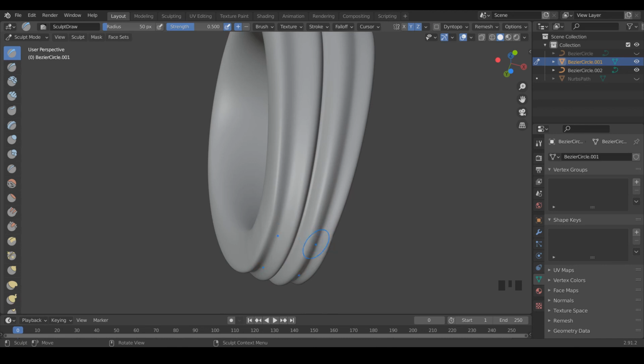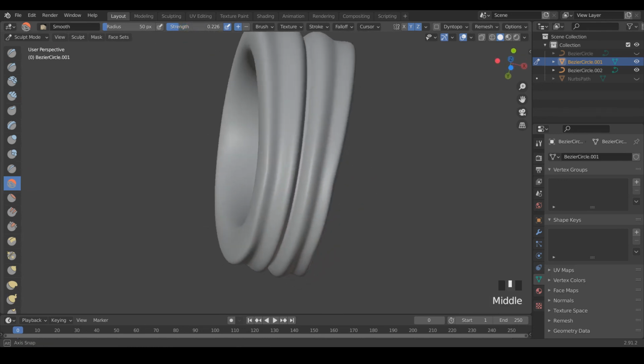But as long as you're seeing these 4 mirrored vertices at the bottom when you scroll around, it should be fine. So using the smooth brush, I'm just going to turn down the strength a bit. And then just using my mouse, I'm going to slowly start smoothing out some of this geometry and blending it in to our upper pattern.